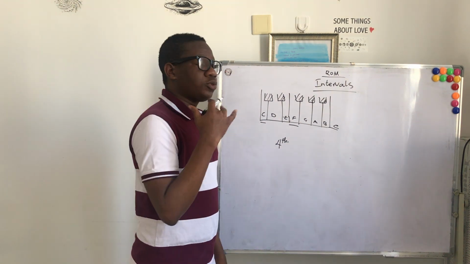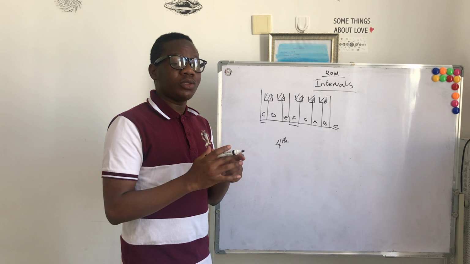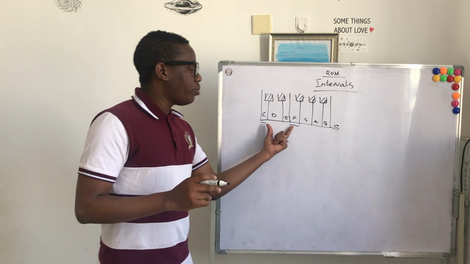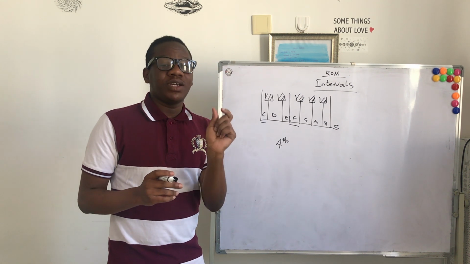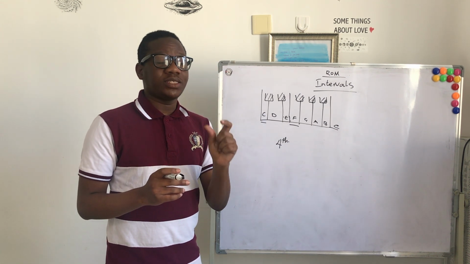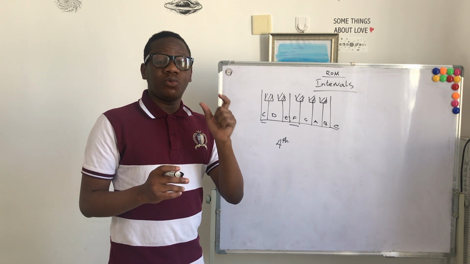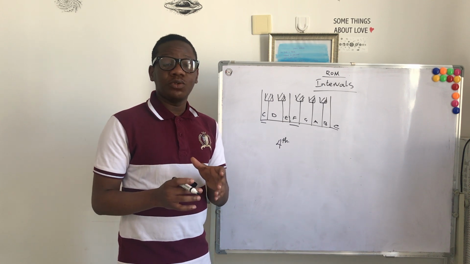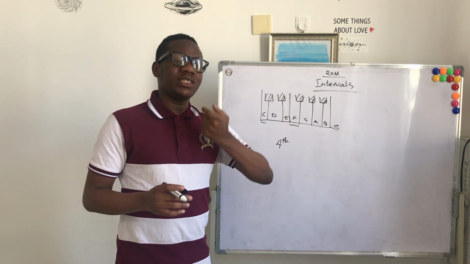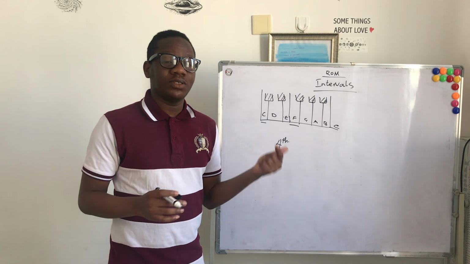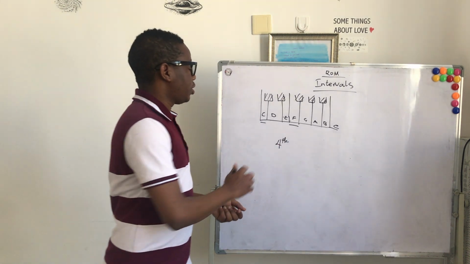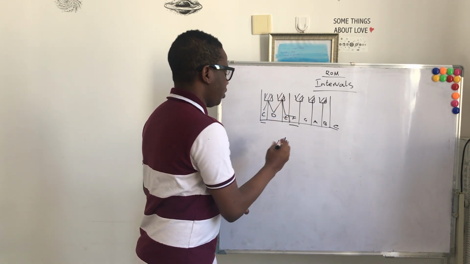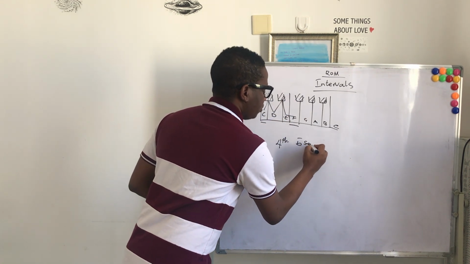Now, what kind of fourth is it? To know this, we need to count the number of semitones between these two notes. Let me reiterate that again. The number of notes makes you know the interval itself, whether it's a fourth, a second, a third, or a fifth, whatever. But the number of semitones helps you know what exactly is the fourth. What kind of fourth is this interval? So let's count. From C to F, you have 1, 2, 3, 4, 5. So you have 5 semitones,